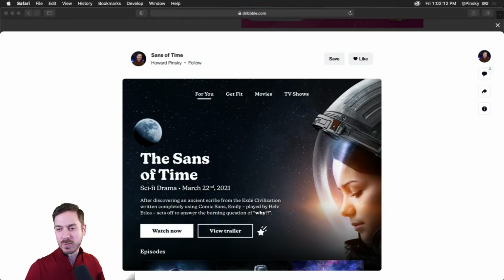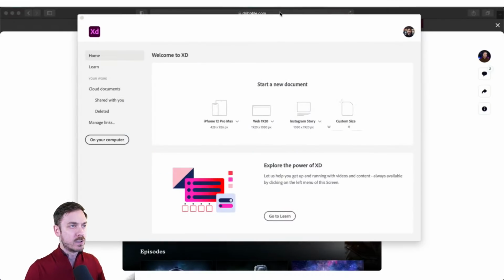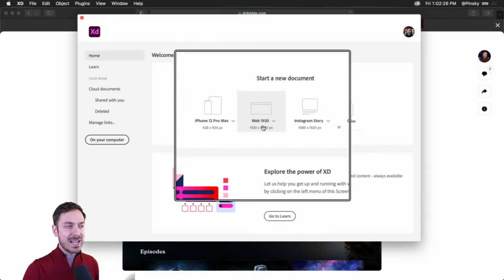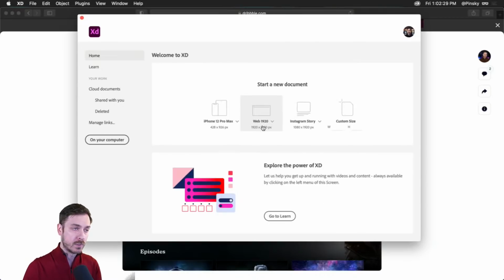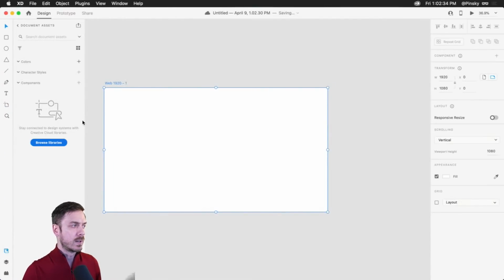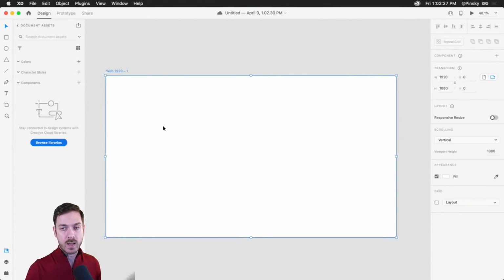Alrighty, so let's go ahead and hop over to Adobe XD, and we are going to get going. So I'm going to start off with a brand new document. And since I am designing this specifically for televisions, I'm going to start with a 1920 by 1080 pixel artboard. Of course, you can start larger, you can start smaller, completely up to you. But the main importance when you're designing for a screen like this, also desktop, is that it's 16 by 9, because the majority of our displays that we're looking at on our desktops and also our televisions, not all of them, but the majority are 16 by 9. And 1920 by 1080 is a pretty good starting point.